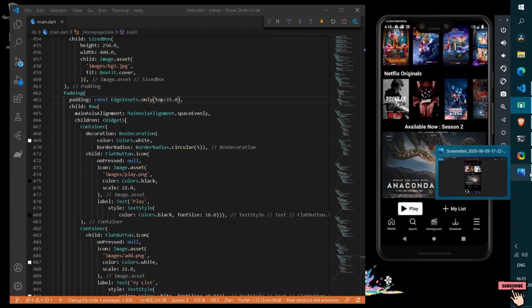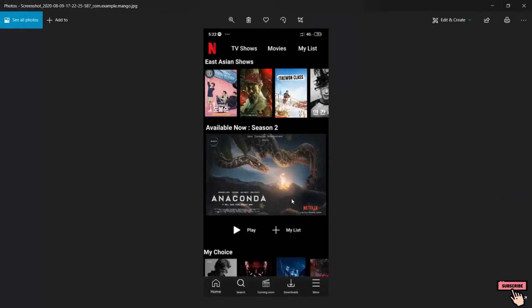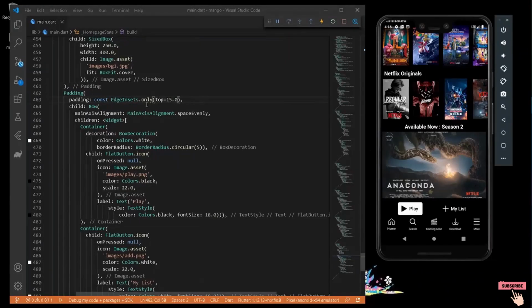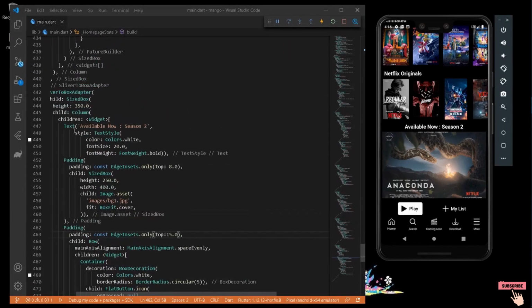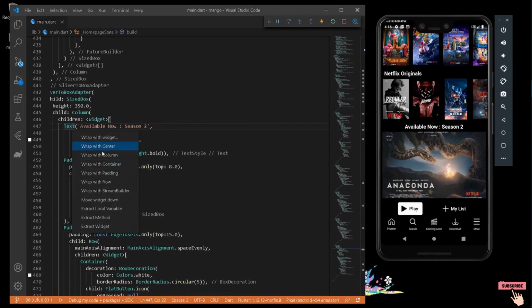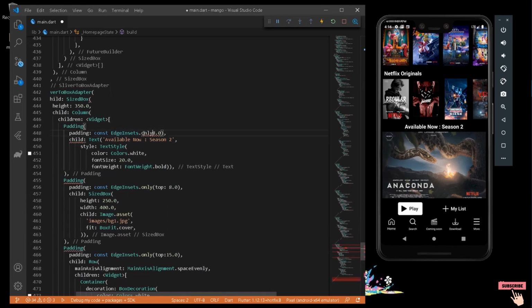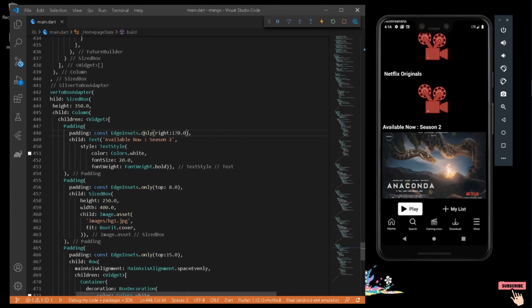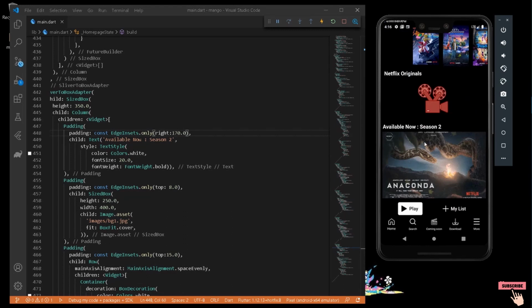So let's check our image. So we have everything right, only we need some padding to our text. So let's do that. So I can simply refactor the text into a Padding, that is from only, along with a right one. Okay, I am getting it always wrong. Cool, let's say 50. Okay, 150. Okay, I am bad at calculations. 170. It's cool. So we have our custom widget here for this brand new available Season 2 series now.